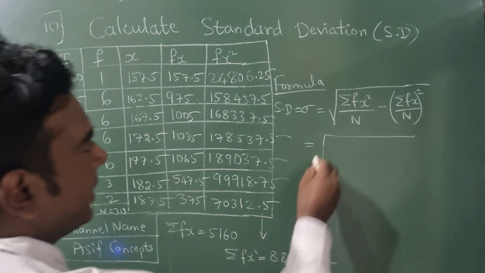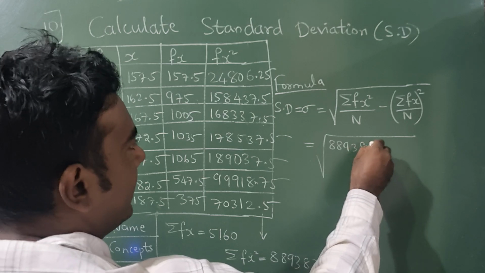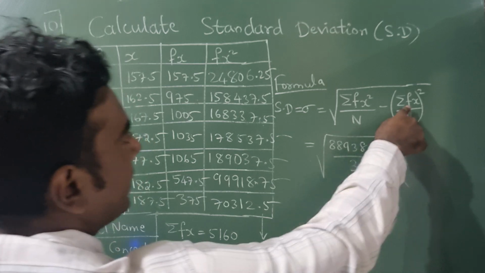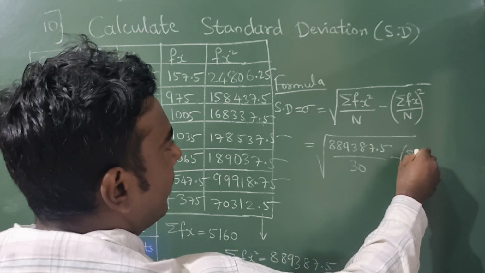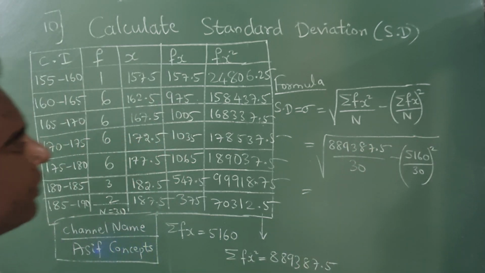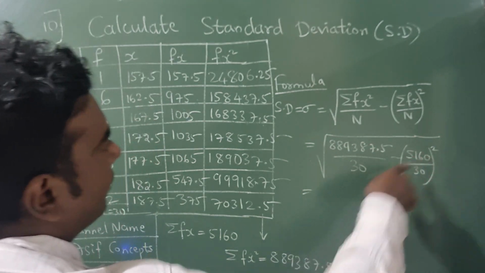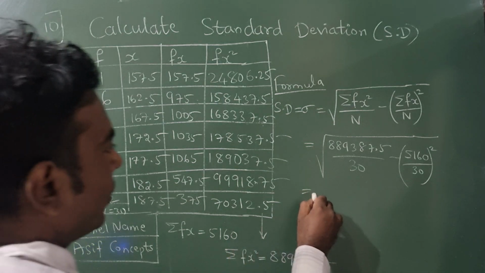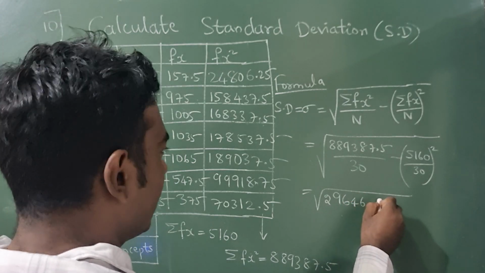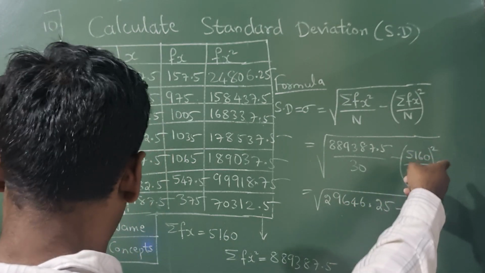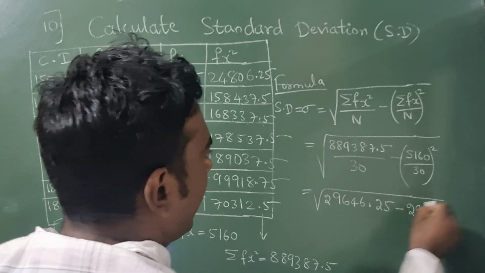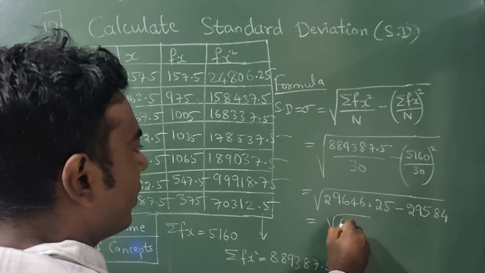Summation of fx square is 889387.5 divided by n value is 30 minus summation of fx 5160 divided by 30 square. Divide this with the help of calculator, then square. So if you divide, you will get 29646.25 minus divide then square. So 29584. Subtract these two. Square root of